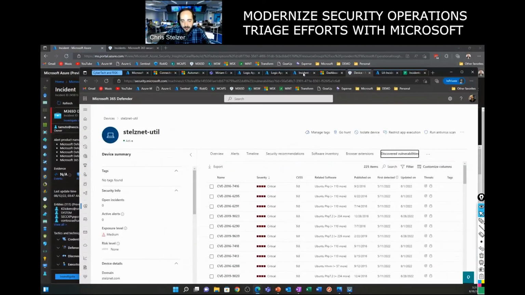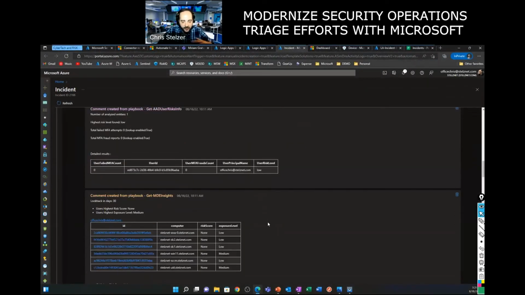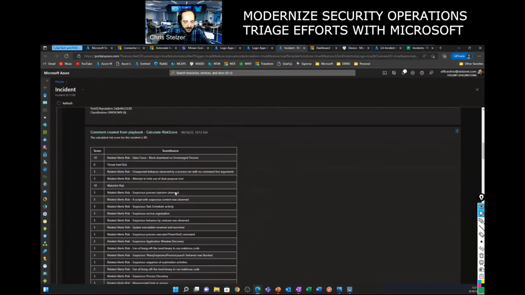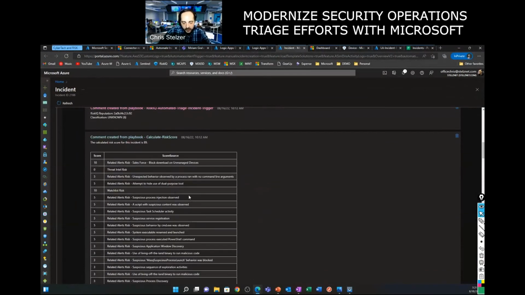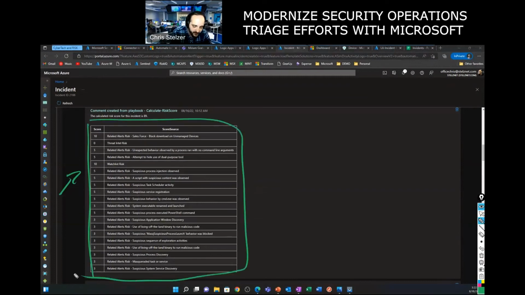So what's basically happened in this particular case is our STAT modules ran, gathered all the insights responsible for this data, and made an overall determination of the risk level attributed with this incident. Based on all the related alerts and the threat intelligence data we collected, we've calculated the overall risk score of this incident is an 89. And there's all kinds of different ways that you can weigh in to the calculations that we make within these STAT modules.